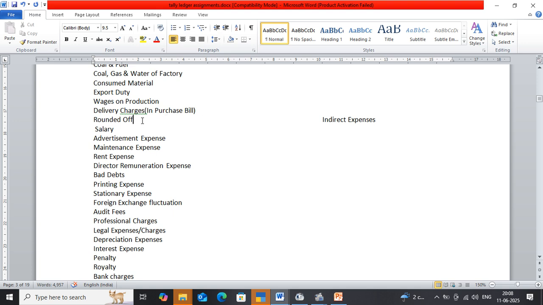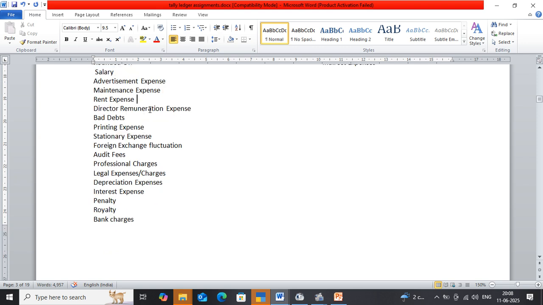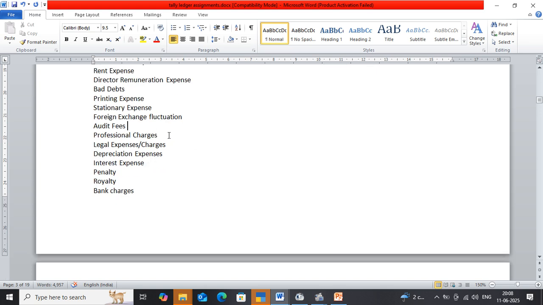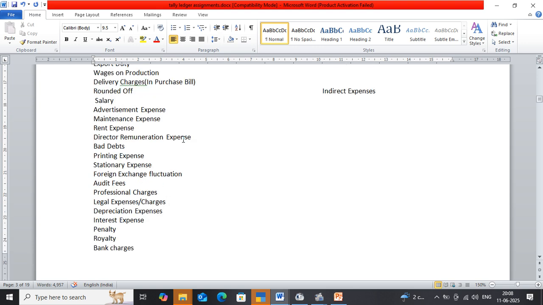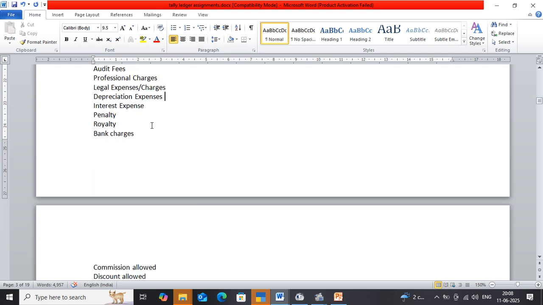Then comes the next, indirect expenses, meaning salary, advertise expense, maintenance expense, rent expense, direct remuneration expense, bad debts, printing expense, stationery expense, foreign exchange fluctuation, audit fees, professional charges, legal charges, depreciation expense, interest expense, penalty, royalty, bank charges,